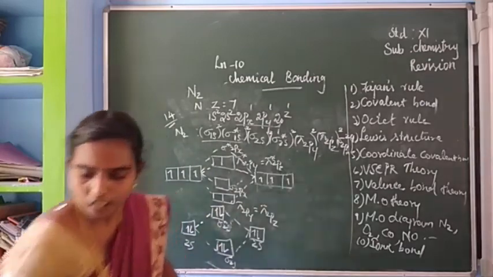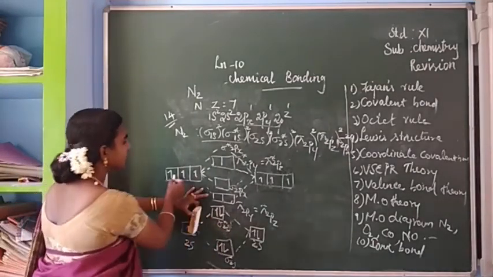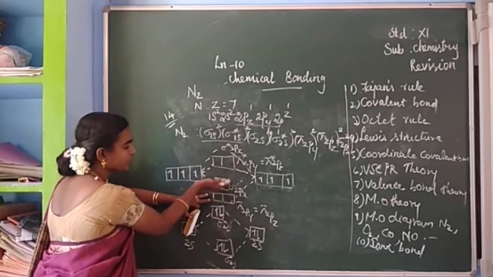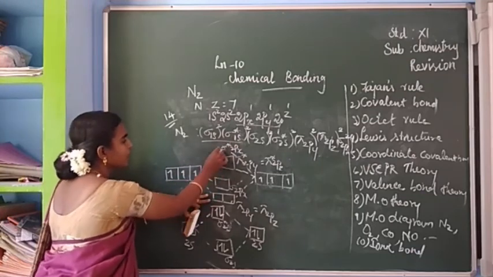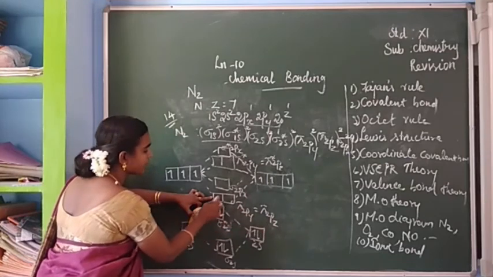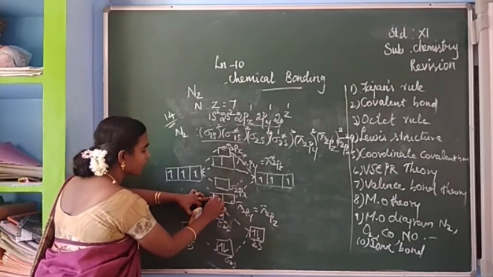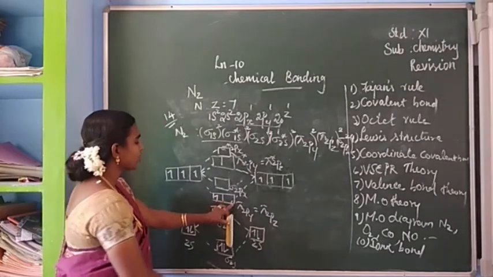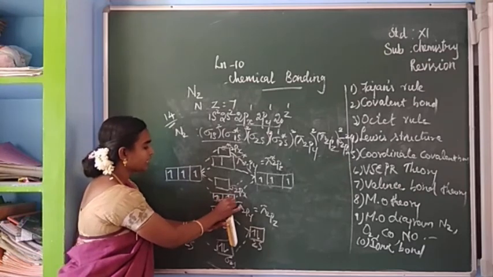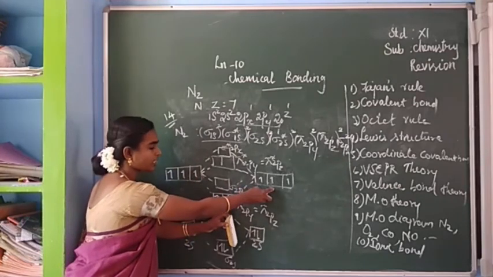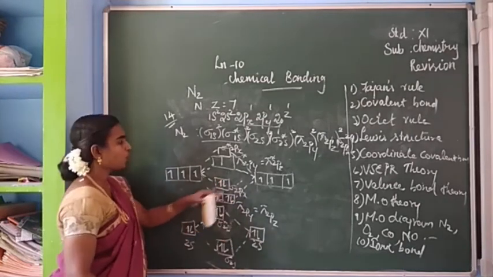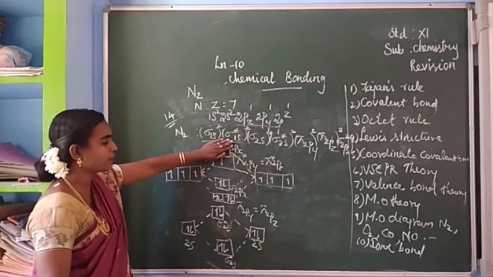So when you see here, how we have to fill the electrons: 3 plus 3, 6 electrons, isn't it? With these 6 electrons, first we have to finish these 3 boxes, afterwards we can shift here. The 2py and 2pz have the same energy, so first we give 1 electron to this box and the next electron we shift here. Afterwards we start pairing. So here 1 and here 1. Total 6 electrons are there, 4 electrons we have filled, then 2 more electrons in this box. So there are no electrons in the antibonding molecular orbitals.